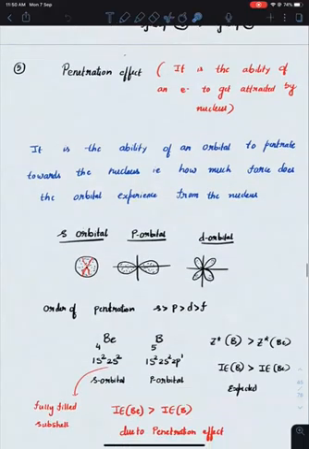And the s orbital, being symmetrical in shape, is more penetrated towards the nucleus when compared to the p orbital and d orbital. Okay. For a given shell, the order of penetration is s greater than p greater than d greater than f. So an electron present in the s orbital will be more and more attracted by the nucleus when compared to p, then d, then f.